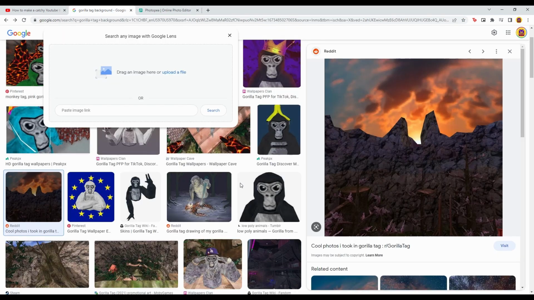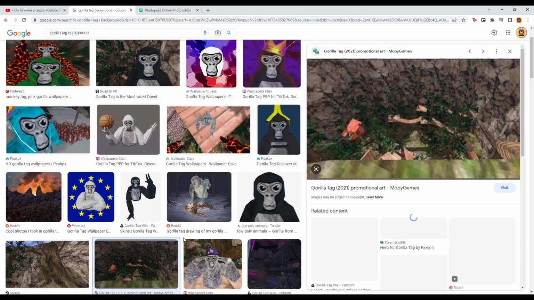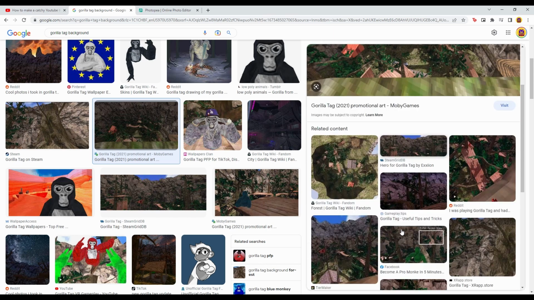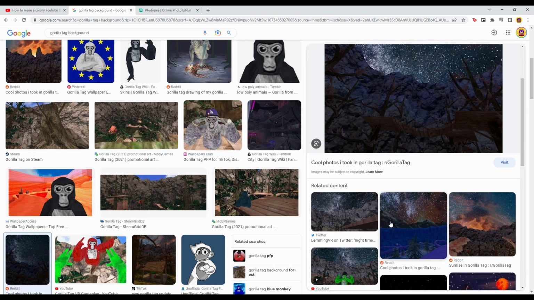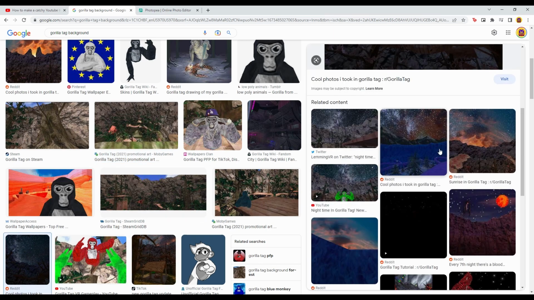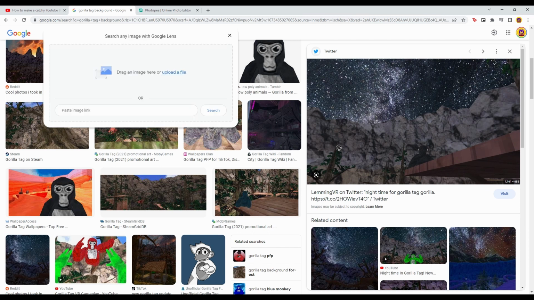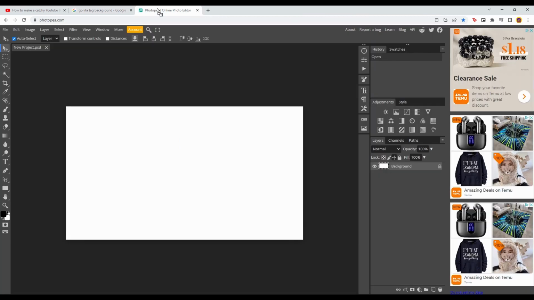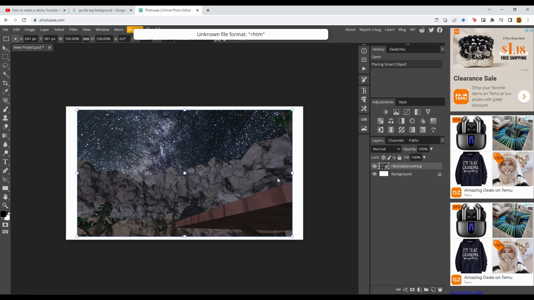So what you want to do is open a Gorilla Tag background. Let's see. Alright, this one's beautiful. Let's use this one. Put it into Photop. Now, this is not the exact height, and sometimes it'll just be a square. So what you want to do is hold Shift,